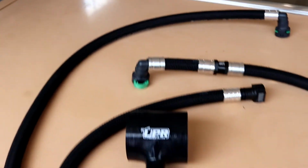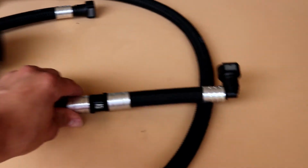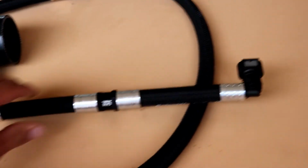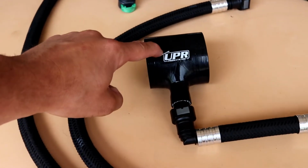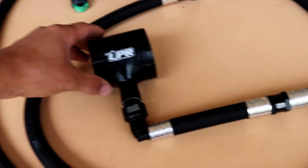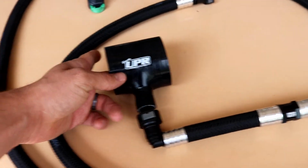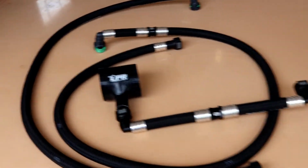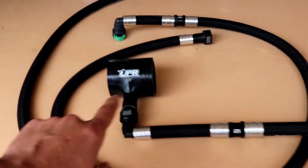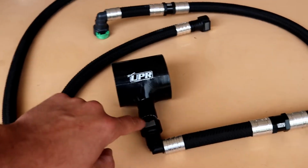I must say I'm blown away by the quality of not just the hoses, but the fittings and the whole package of this setup. Now, this goes on the intake elbow, so they give you a little silicone hose that you can basically put in between your stock airbox, so you don't have to modify the stock airbox at all. On down the road, if I get a new air intake tube, I will probably ditch this and just drill into that tube, but